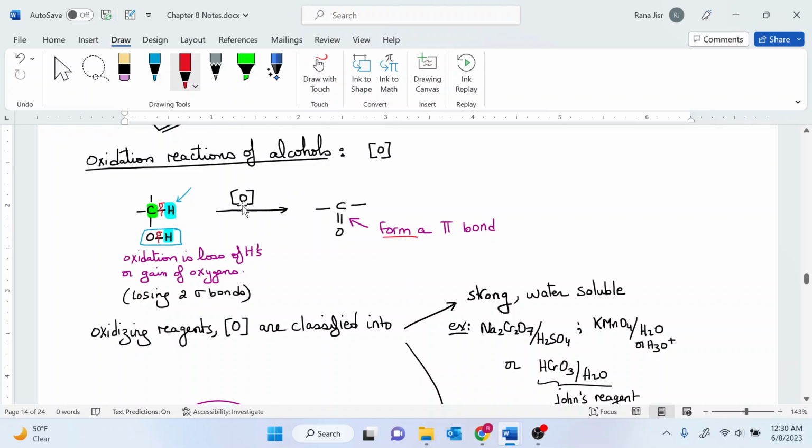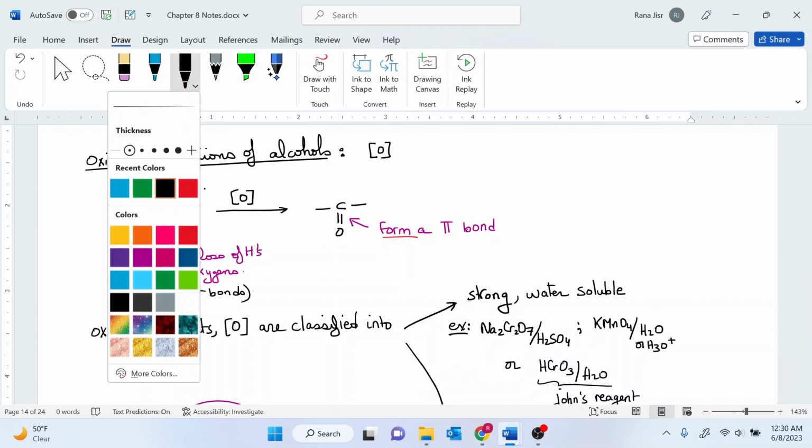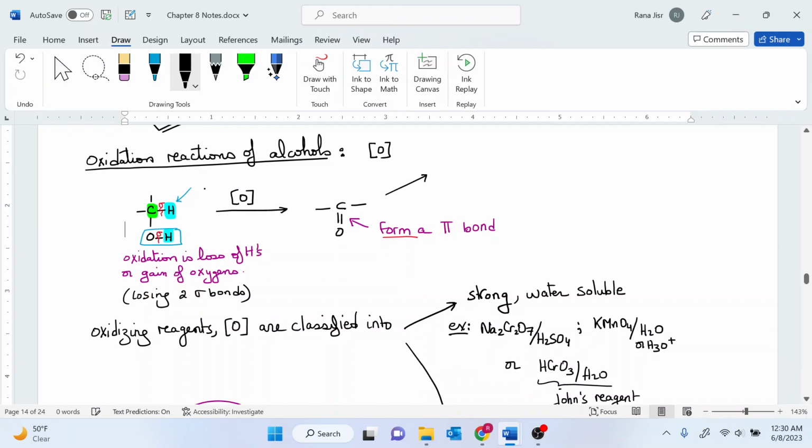There are different oxidizing agents that we're going to use for this reaction, and these oxidizing agents vary in strength. Based on how strong the oxidizing agent is, that is going to determine what type of carbonyl we are going to get. There are three types of carbonyls that we are going to form in this type of reaction. We can form either an aldehyde,